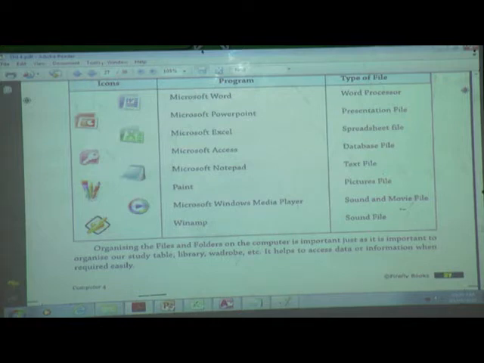For example, when we are sitting for study, we take all notebooks, all books, but if after studying we keep them like that on the study table, then afterwards if we want only one book, can we get it easily? No, we can't get it easily. But if we keep it in a proper way, means one side books, one side notebooks, one side skill sheet, then we can get it easily. Why is files and folders organization important? Got it?